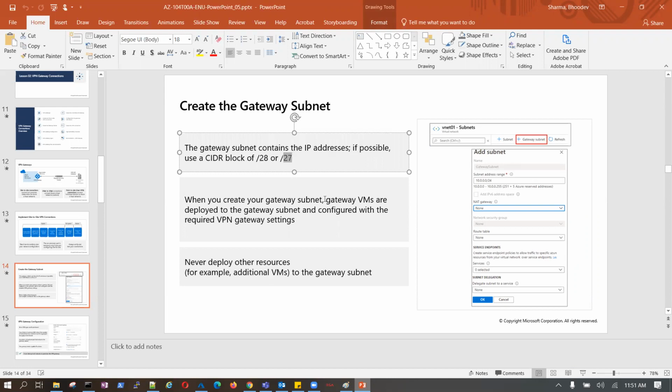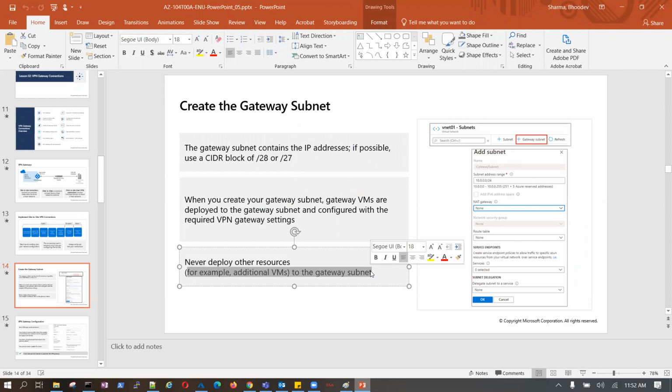When you create your gateway subnet, gateway VMs are deployed to the gateway subnet and configured with the required VPN gateway settings as part of the gateway. Okay. Never deploy other resources, for example, an additional VM, into the gateway subnet.